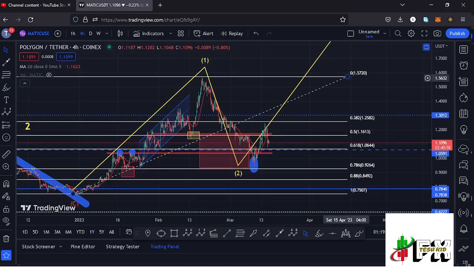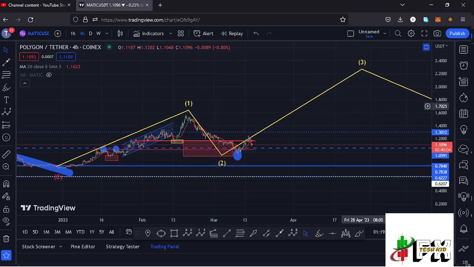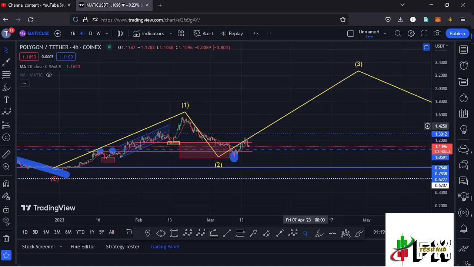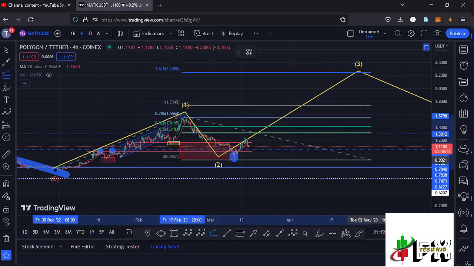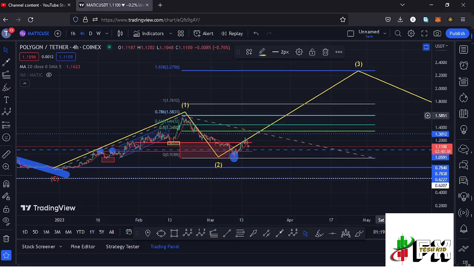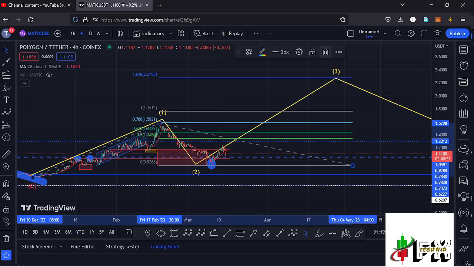And I now believe that whatever we are seeing at the moment is the start of this impulsive wave to the upside in the formation of this wave 3, and sketching out a target area to the upper side in the formation of that wave 3 by connecting the trend-based Fibonacci from the low of the first wave to the high of that wave 1, then dragging the fibs to the low of the second wave. That gave me a minimum target area to the upper side in the formation of that wave 3 at the fib level 1.618, and that is at around the $2.2756 mark,